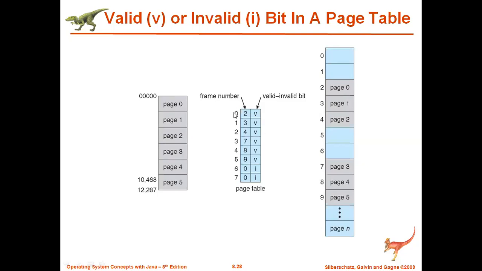Actually, in the page table we used earlier, we had only two fields, that is page number and frame number. But here we are adding one more extra field, that is the valid or invalid bit. This will be used to identify whether the page has a valid entry in the frame, in main memory, or not. If it has an entry, it is represented as V, that is valid. If it does not have an entry, it is represented as invalid.